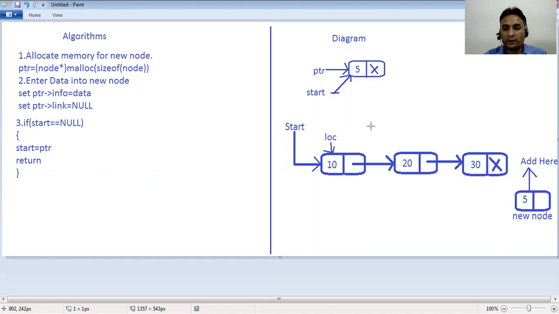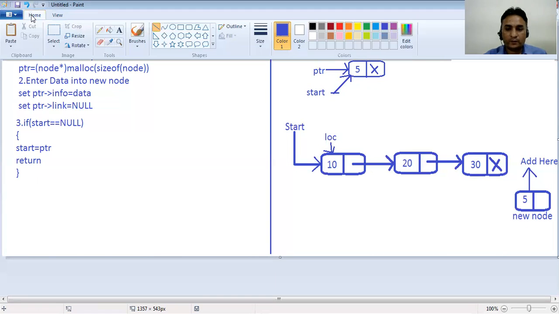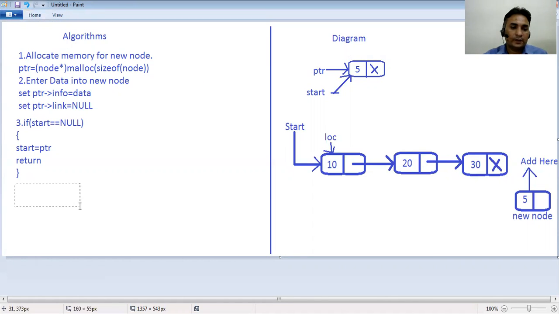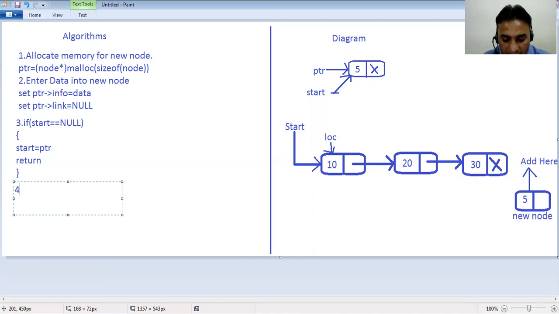The loc variable has to traverse from the first node to the last node and contain the address of the last node. We have to traverse all the nodes and reach the last position or last node.